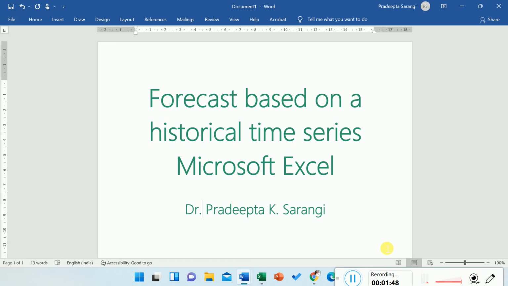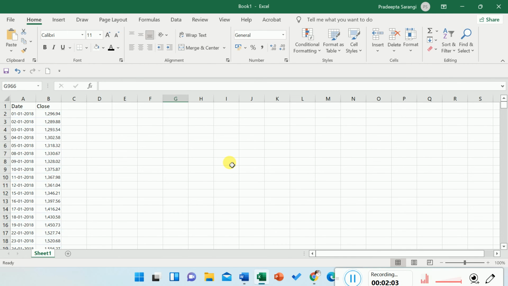So let's start. So this is our data set. Here we are taking two column values. One is column A, this is the date column, and the corresponding closing price. So basically this data is the stock price, daily closing price of NSE stock market.